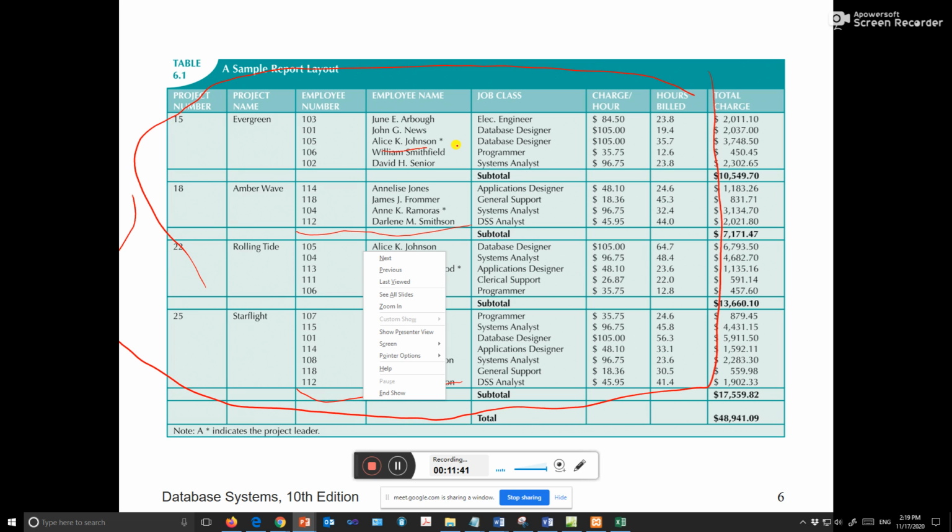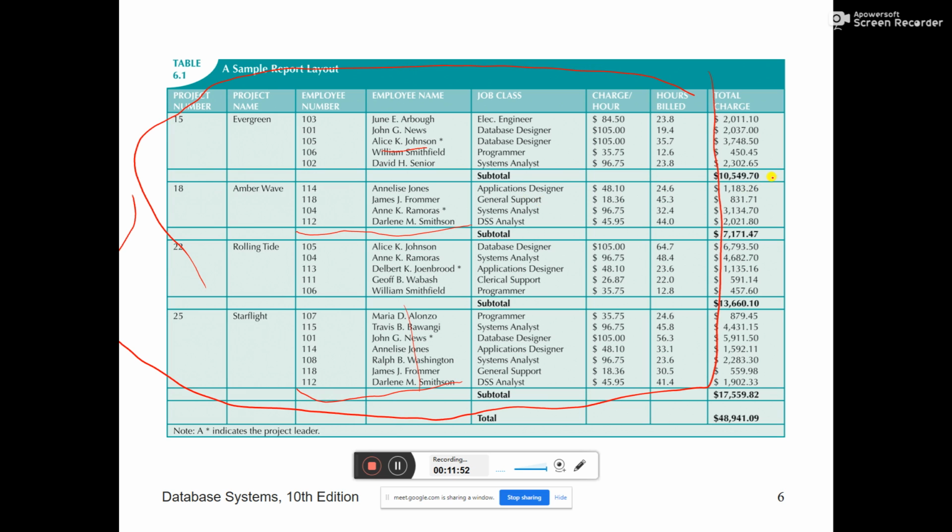Okay, now if we look at the structure of this table, you will see that we have some anomalies over here. Like update anomalies. If I want to modify the job class for employee number 105, this employee 105, if I want to change his job class,